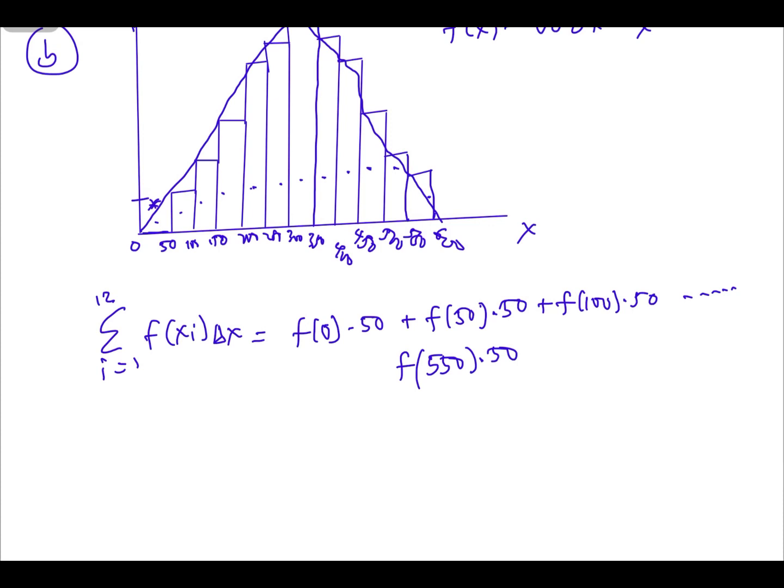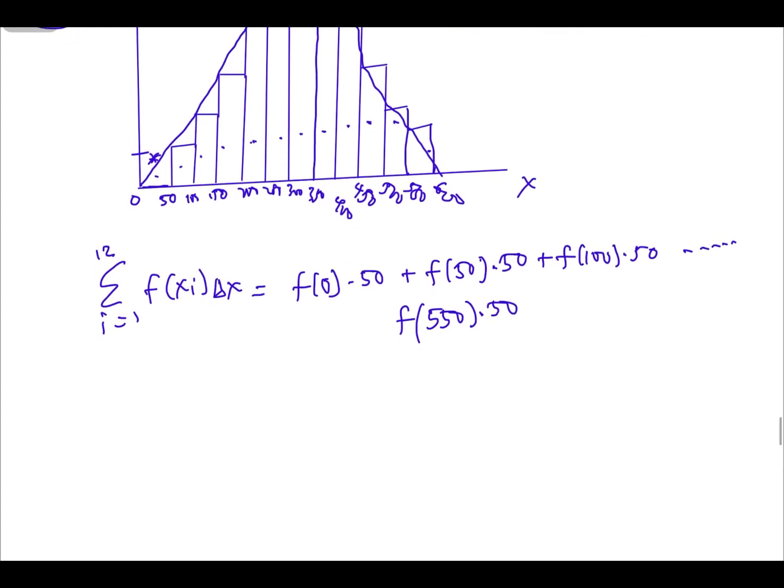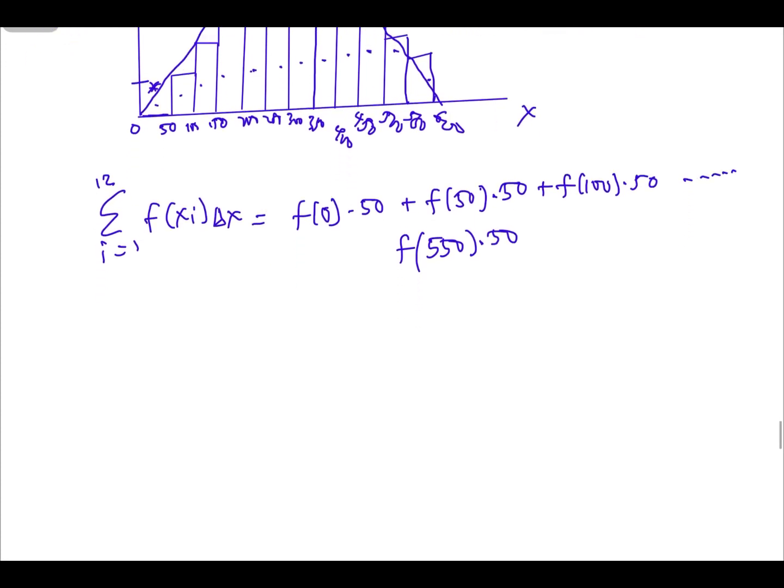So when you calculate them, you are supposed to get a 12 rectangle approximation because the 0 is included, and then therefore in all you are going to get